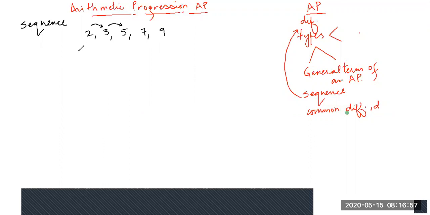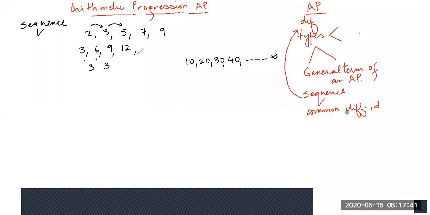Okay, but let's talk about another sequence. Let's say I have 3, 6, 9, 12. All right. Now, let's talk about another sequence. Let's say 10, 20, 30, 40 till infinity. Now, if you closely observe this sequence, guys, if you subtract the first term from the second term, the difference is 3. Now, if you again subtract 6 from 9, the difference is 3. Or you can say if you add 3 to 3, you get 6. The same number, if you add to 6, you get 9, and so on.